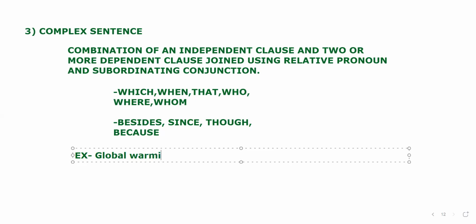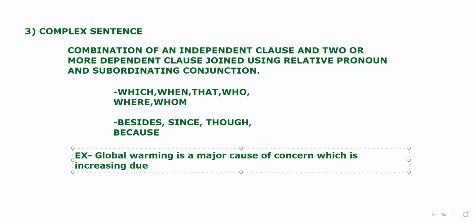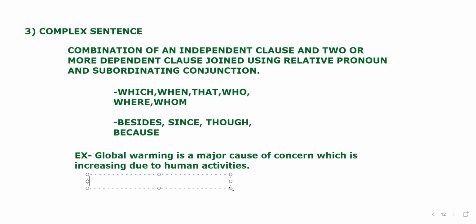Global warming is a major cause of concern, which is increasing due to human activities. This is called a complex sentence because you can see "which" in this sentence. Is that clear? Yeah, perfect. Thank you. Right. You can also make a sentence like